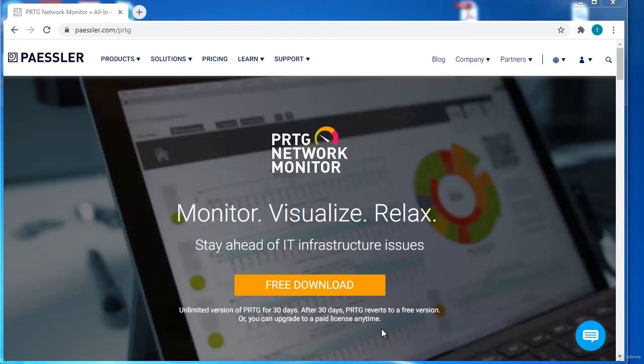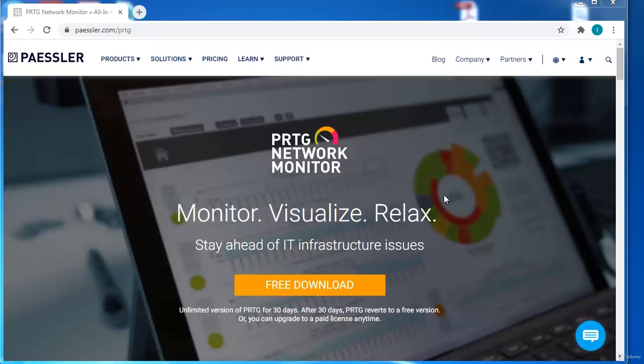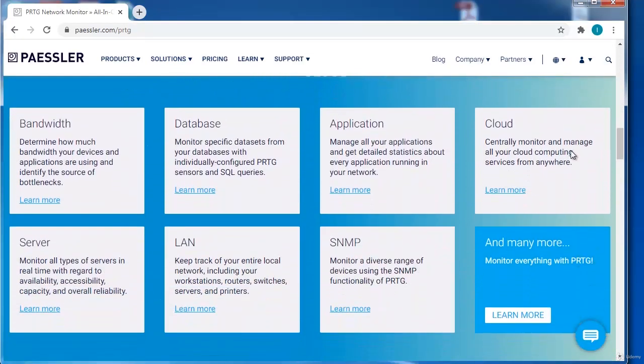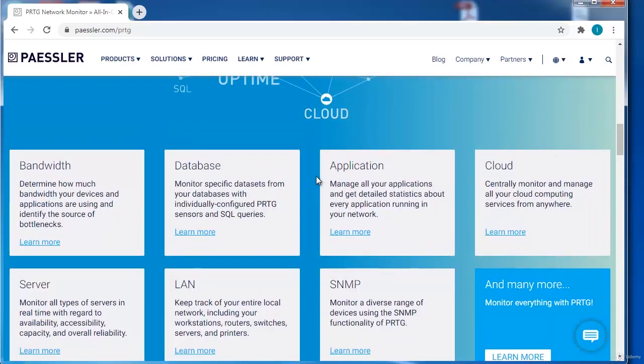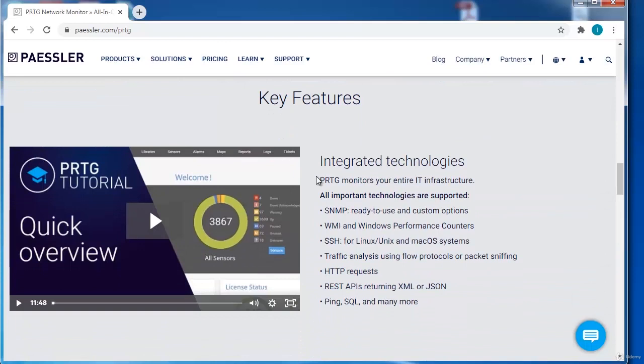So this is the website, paessler.com is the website, and if you go to PRTG, you can see this page. If you scroll down, you can see the different features that are available on PRTG which we can implement in your network. It has a quick video tutorial on how to implement PRTG on your network and use various sensors